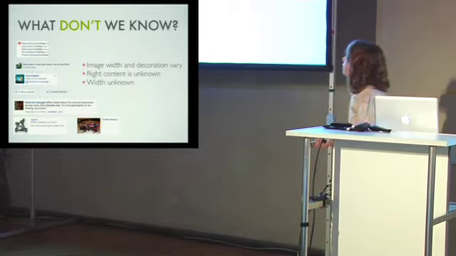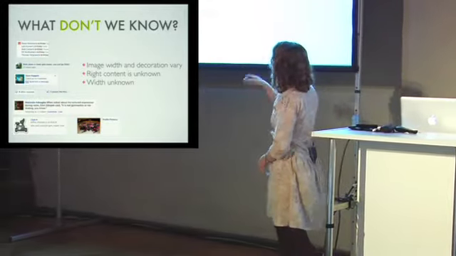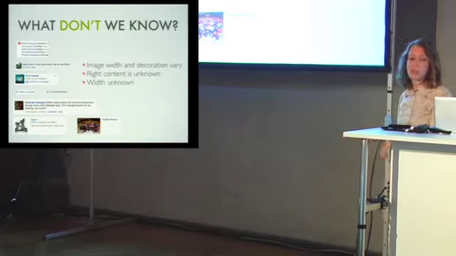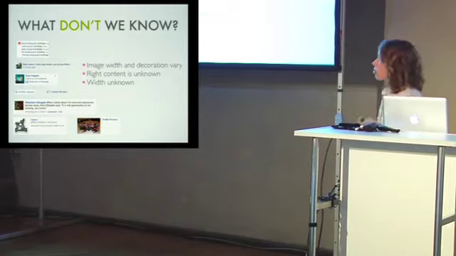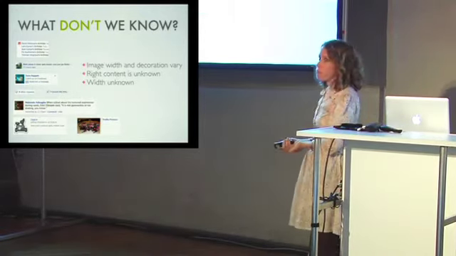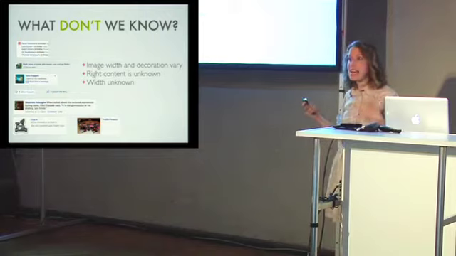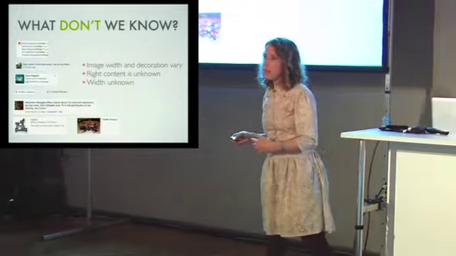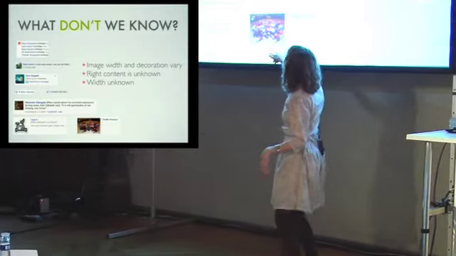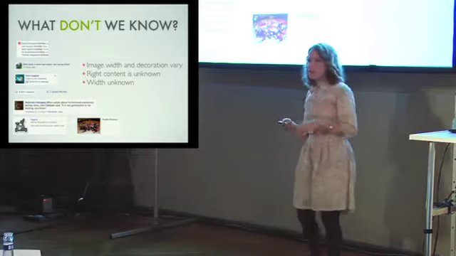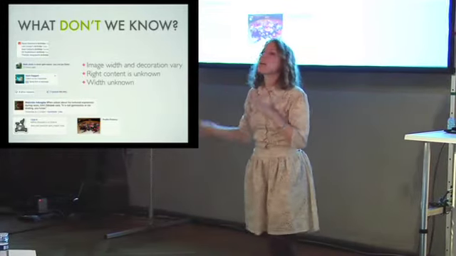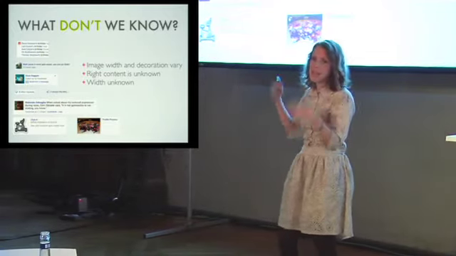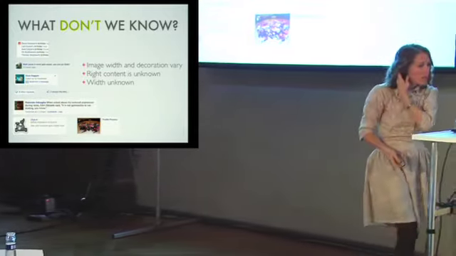So what don't we know about this? The image width and decoration vary. You can have big images, they can have hover effects, you can have tiny icons. We really don't know what the image is going to look like. The right content's also unknown. You can have lists in there, you can have paragraphs, basically anything can go inside of it. That's how we know where the boundary of our object stops. Because I could say, you know, media object, link, blue. But what I really want to say is the media object doesn't care what goes inside of it. So the boundary of the media object is the body area where you can place any content that you like, including other objects.